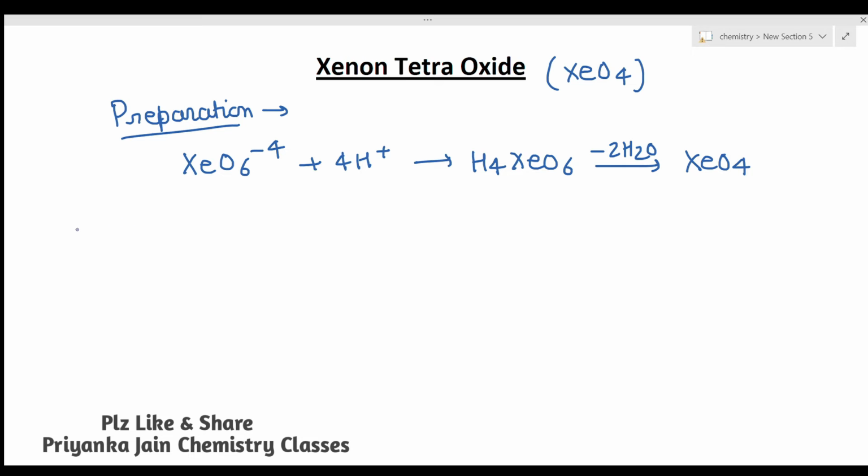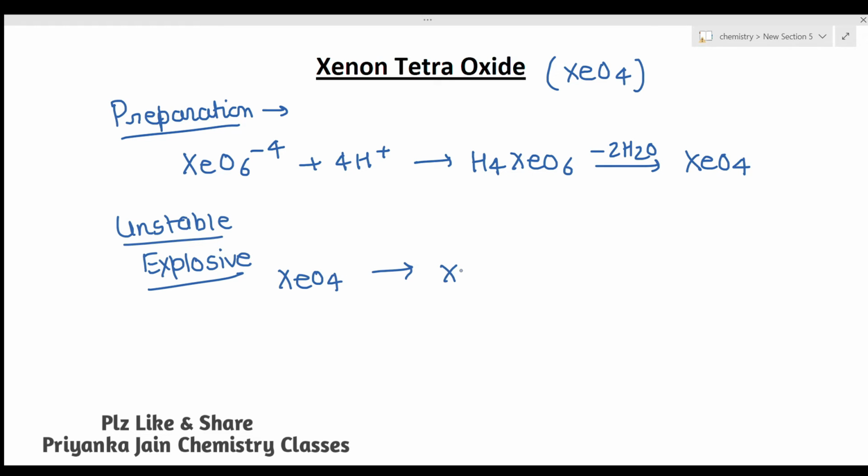It is quite an unstable molecule and it decomposes to xenon and oxygen. It is highly explosive. So most of the reactions you see are about XeO3, not about XeO4. So XeO4, whenever it is present, will undergo the reaction in this manner: Xe plus 2O2 plus 643 kilojoules of energy. So in this manner its reaction happens.